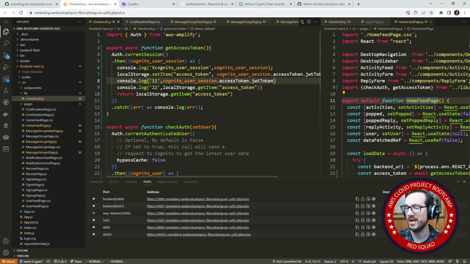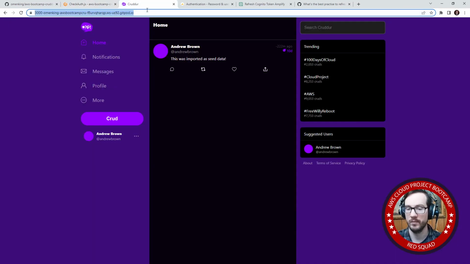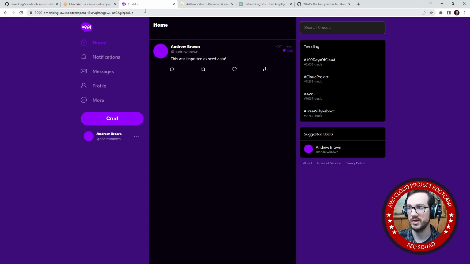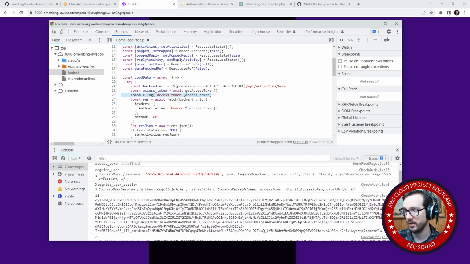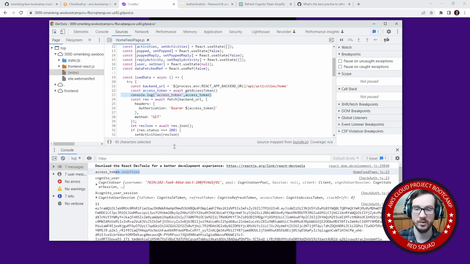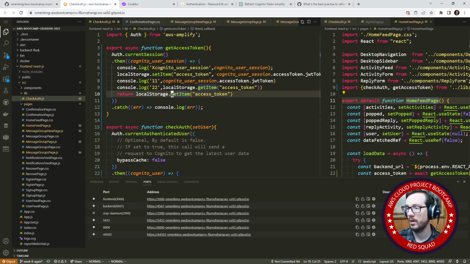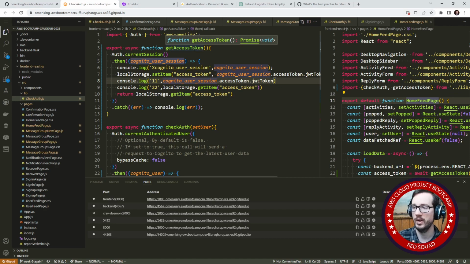Or at least we'll just know to pass that along as opposed to getting it immediately from the local storage. It doesn't necessarily mean it's not being set. It just means that it might be too quick for it to grab it. So going here, 1, 1, 2, 2 is showing the same thing. So no issues there. The access token still is undefined. So to me, that makes me think that it has something to do with